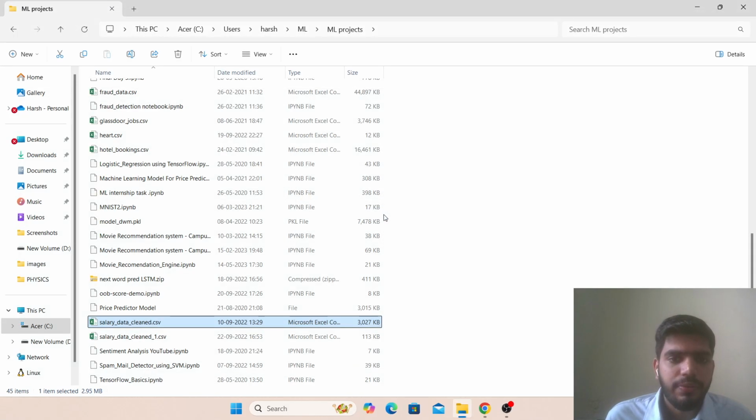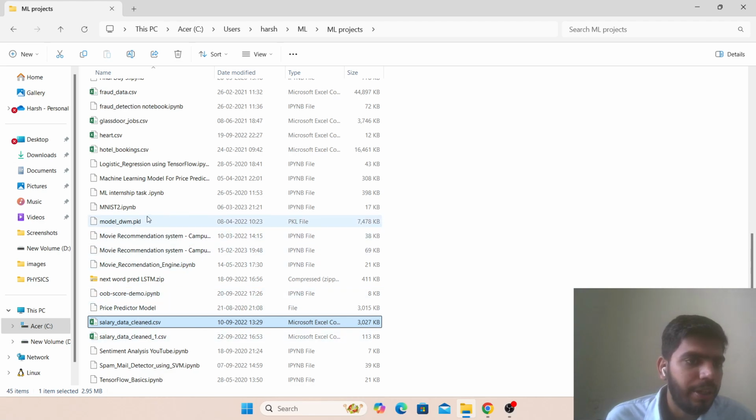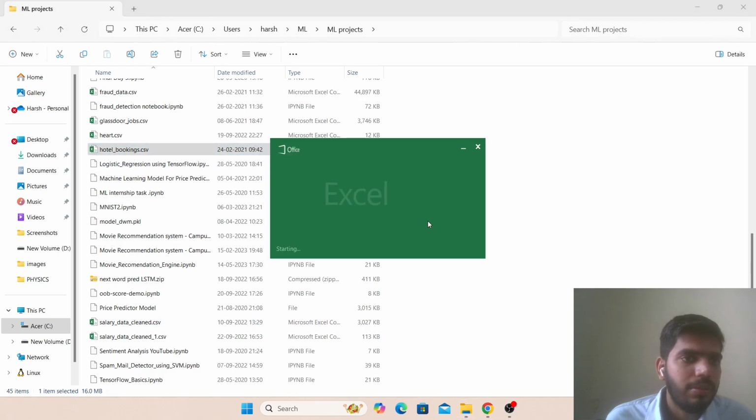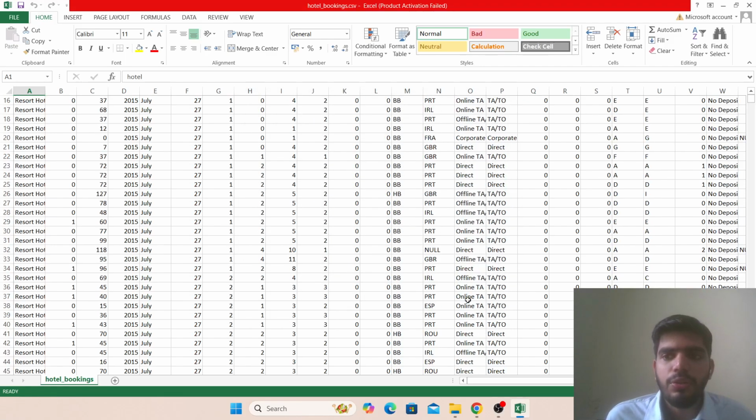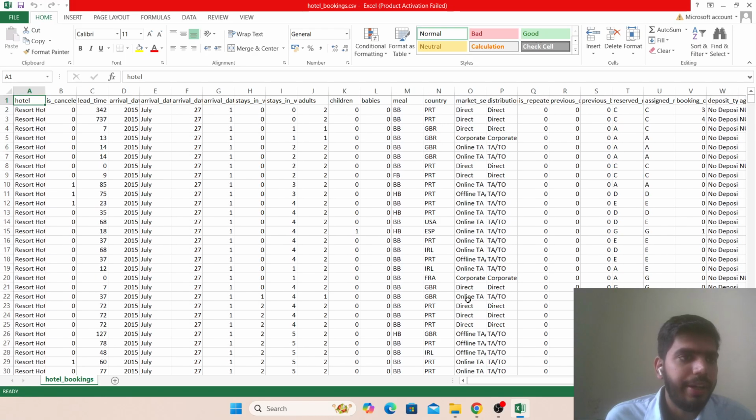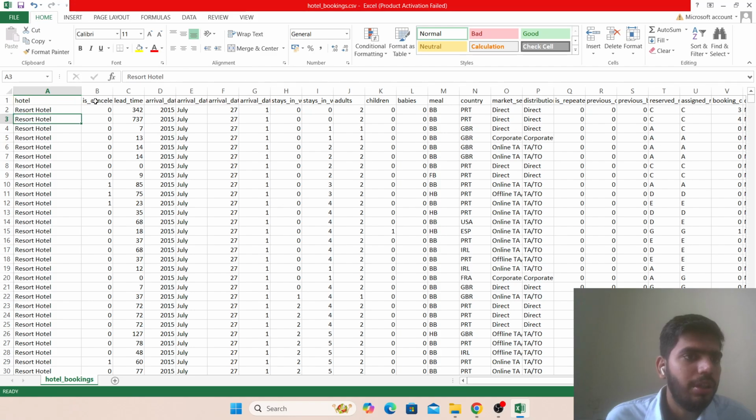I have one more data, I guess. Hotel booking.csv, right? So this is also hotel booking data. These are the headers. So hotel is resort, is cancelled, no, yes.